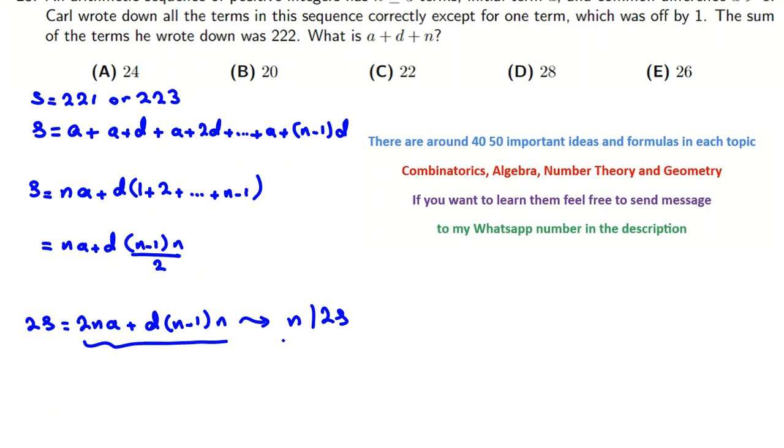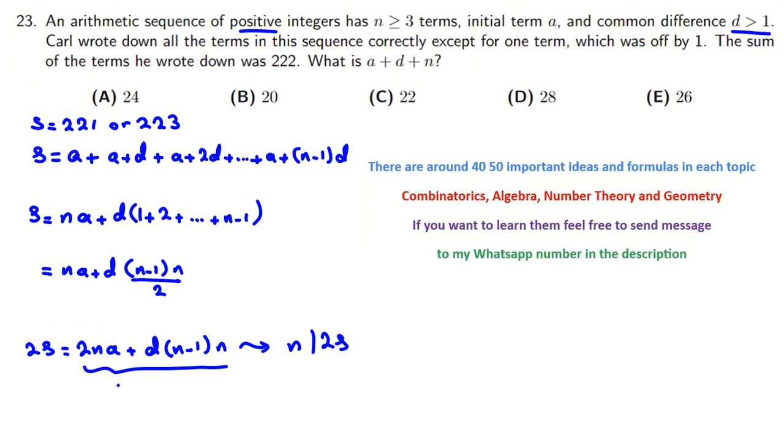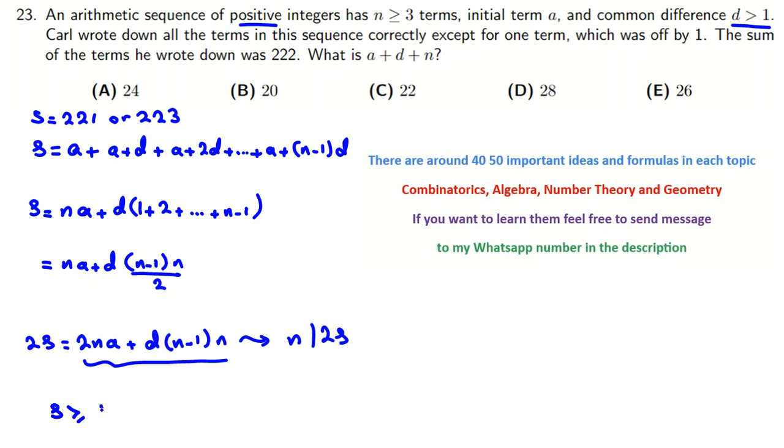Now another thing. The problem says what? We have positive integers and the common difference is greater than 1. So the sum is at least what? The first term is 1, the next term 1 plus 2, 3, because the common difference is greater than 1 and they are integers. The next one is 5, and we have n terms, so the nth term is 2n minus 1. The sum of them, you can say first one plus last one times the number of them over 2, or n